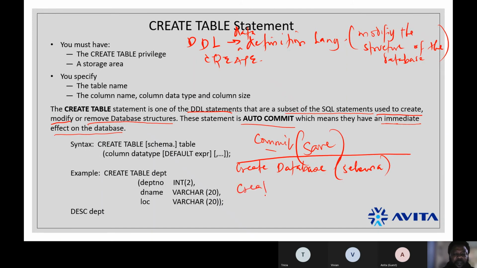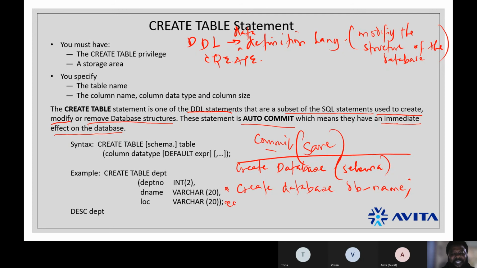Create database, then the database name. Now, you must terminate. I forgot to mention this: anytime you write an SQL statement, you must terminate it with a semicolon.